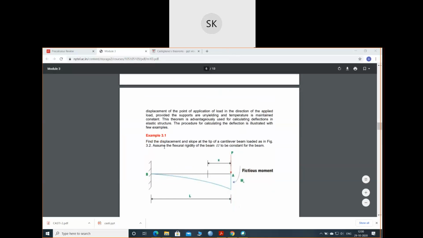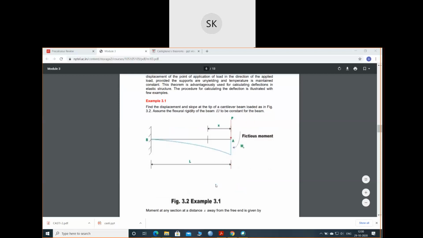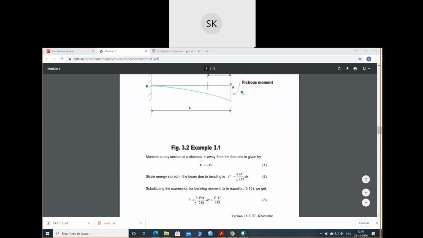Okay. See, this question is asking to find the displacement and slope at the tip of a cantilever beam. So you need to find the displacement and slope at this point. And it says assume the flexural rigidity of the beam EI to be constant throughout the beam. So this is the cantilever beam supported at A and B. A is 3 and B is 6. And the load is applied at the free end, which is C. So I have taken a section at distance x. Moment at any section at a distance x away from the free end is given by